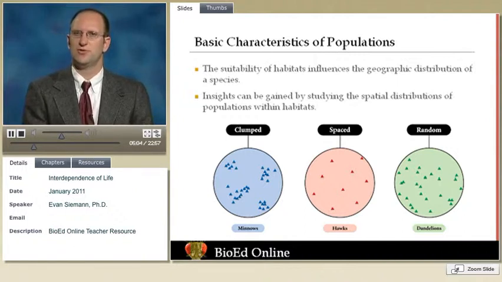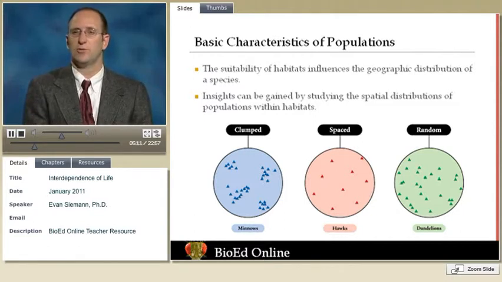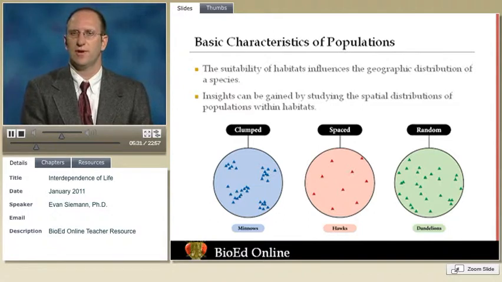So for clumped distribution, that's where organisms tend to occur with each other, and then you get big areas where very few of them occur. One of the things that could lead to populations being clumped is if they're adapted to a particular set of conditions. So you can imagine that across the landscape, there are areas where, let's say, the vegetation is found in pockets, little depressions in the landscape. They're found there clumped near each other because the resources they need all occur in the same place.